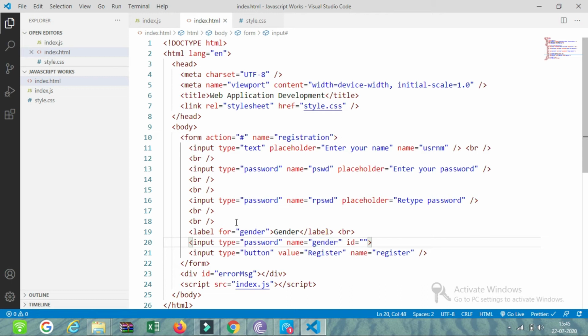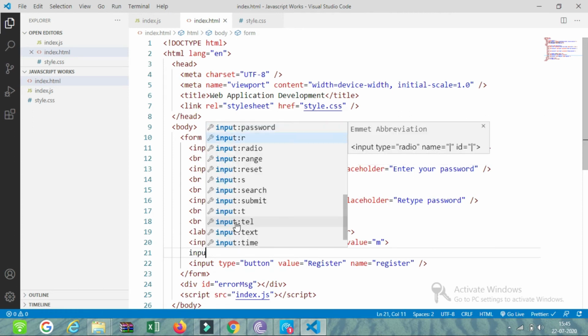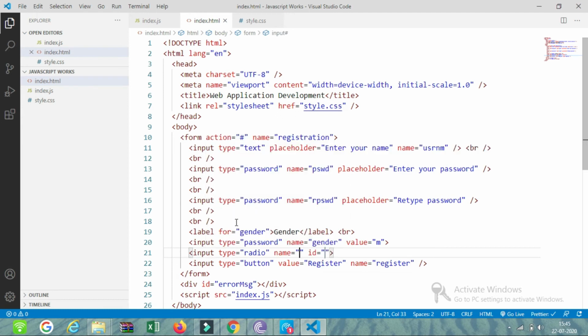It doesn't need to specify an ID, though it's okay if you specify one. Within the value field, type M. And I will create one more input radio button. Here I will also give the name as gender, and it doesn't need an ID there. Just give a value there. The value I will type as female, F. Okay.